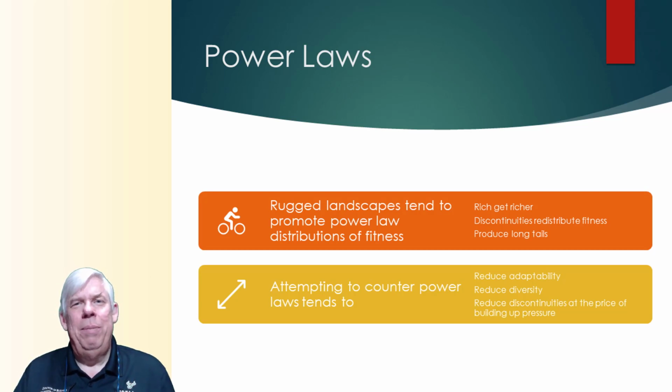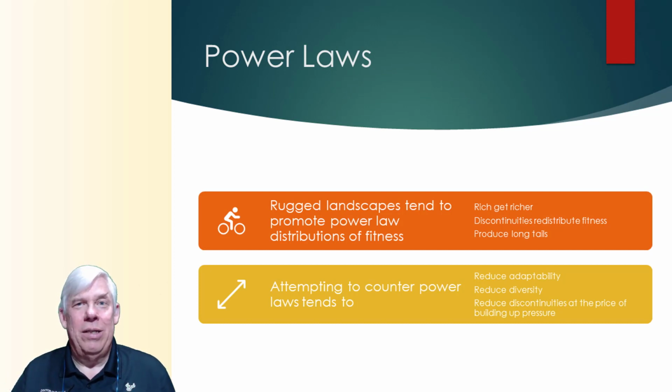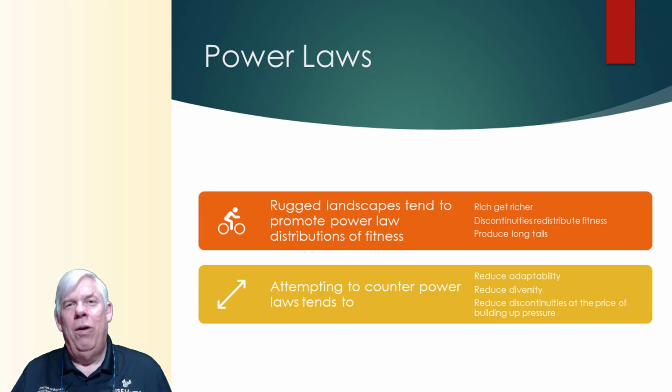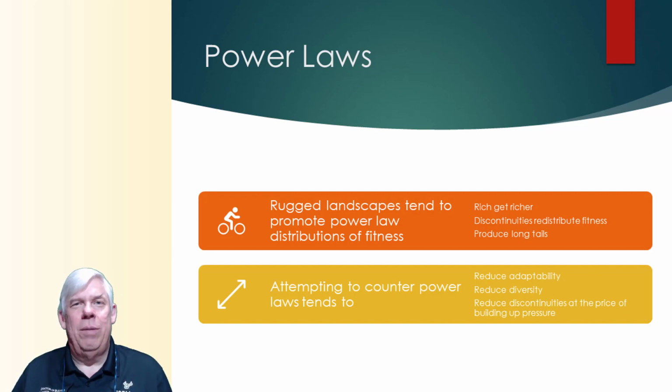And what this means is that when you are designing systems that are going to operate in a rugged landscape, you have to be aware that there will from time to time be these long tail events. There's a book by Nassim Taleb called The Black Swan, and basically the central theme of this book is that when all you've ever seen is white swans, you have no way of knowing whether or not a black swan exists. And a black swan event is one that dramatically changes the system you're dealing with.